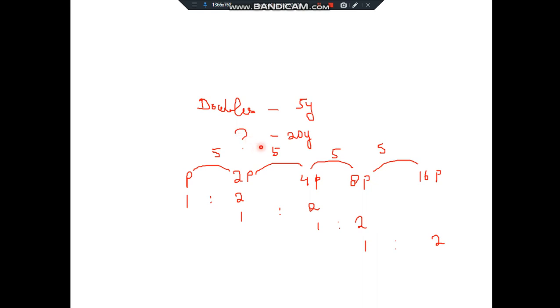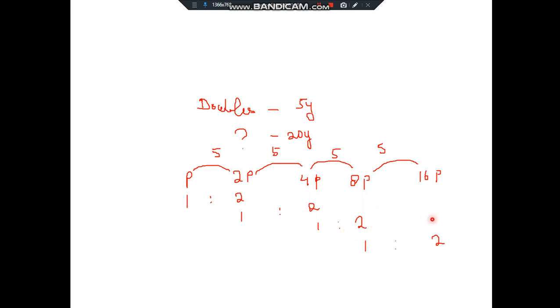The actual concept is like this. See, principal initially is p, so when it doubles it becomes 2p in 5 years, right? Next, again when it doubles it becomes 4p in the next 5 years, and again when it doubles 4p to 8p it becomes in the next 5 years, and 8p to 16p in the next 5 years. In total 20 years. So initially your principal was p, it will become 16p, right? So 16 times is your answer. You notice one thing, there is a constant ratio that they maintain. See, p to 2p it is 1:2. 2p to 4p it is 1:2, right? So they maintain a constant ratio. Okay, using this concept we'll solve questions.